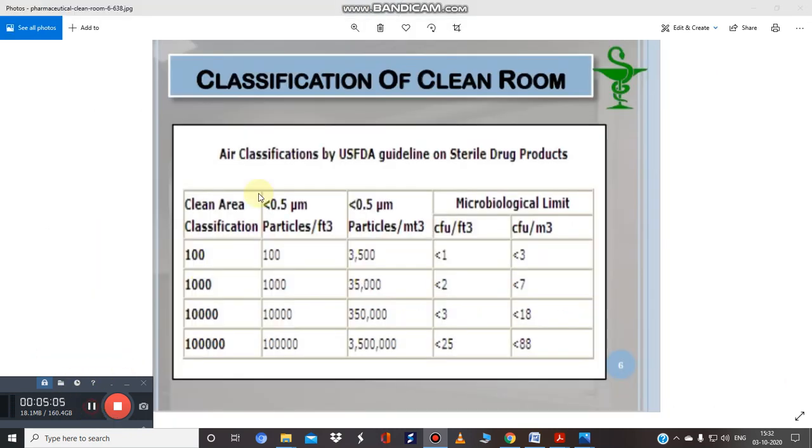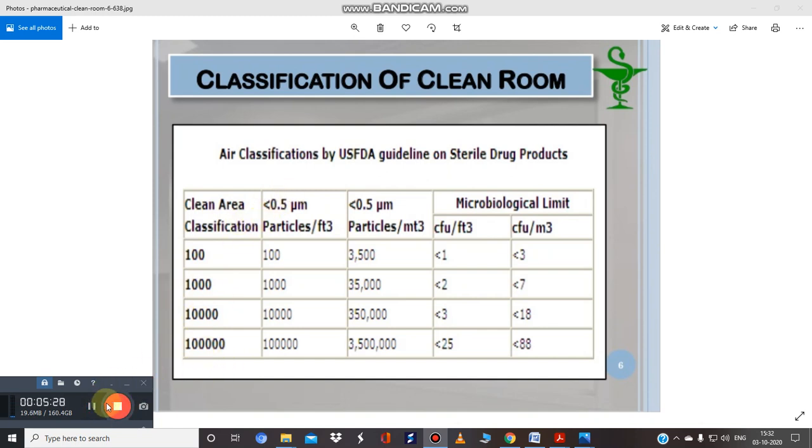Over here you can see this classification by the US FDA, the United States Food and Drug Administration, on sterile drug products. So this is the clean area classification: 100, 1000, 10,000 and 1 lakh.